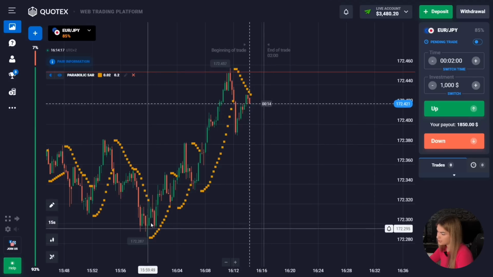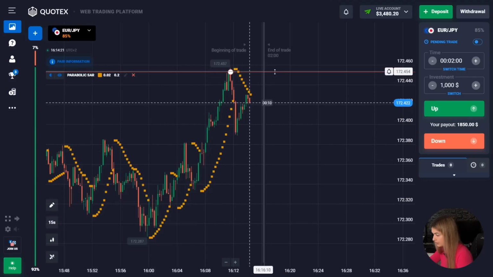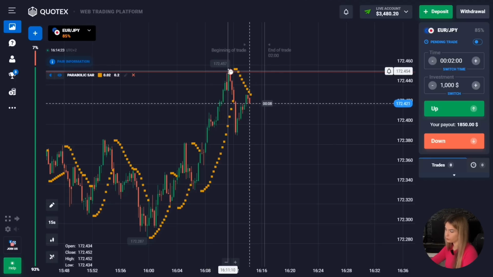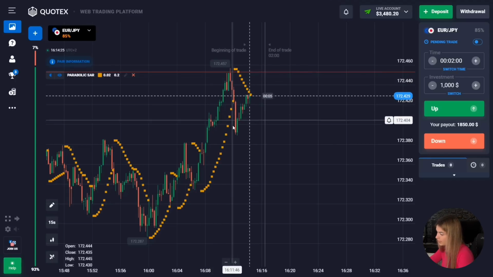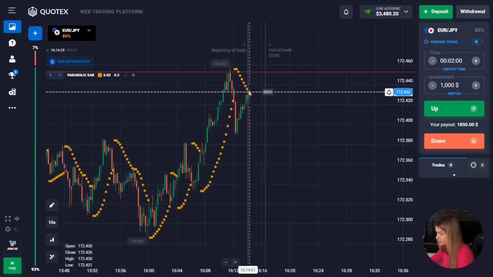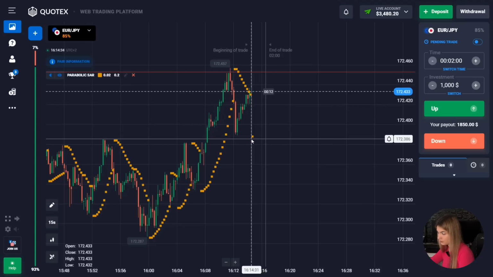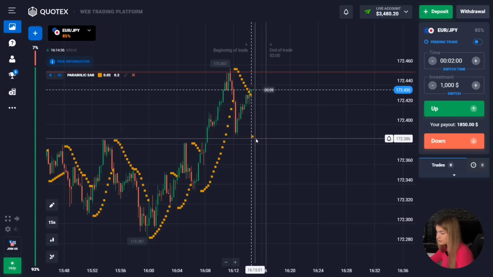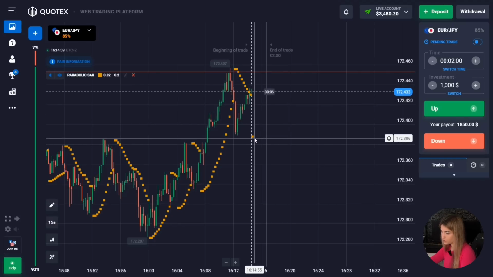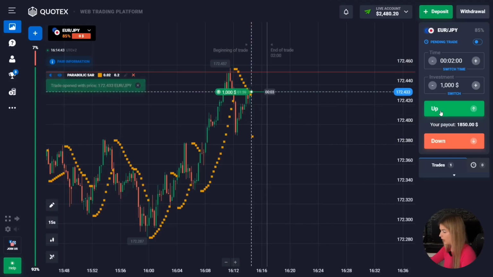Alright, here we can see that there was a good confident uptrend. There is also a resistance level at the top. After touching the level, there was a pullback down, and after the pullback, the price turned around. At the moment, green candles are forming, the price is approaching the resistance level. We also see that the first dot has appeared under the graph. This means that an upward movement is expected in the near future, and in this situation, I suggest opening a deal for 2 minutes up in the uptrend.